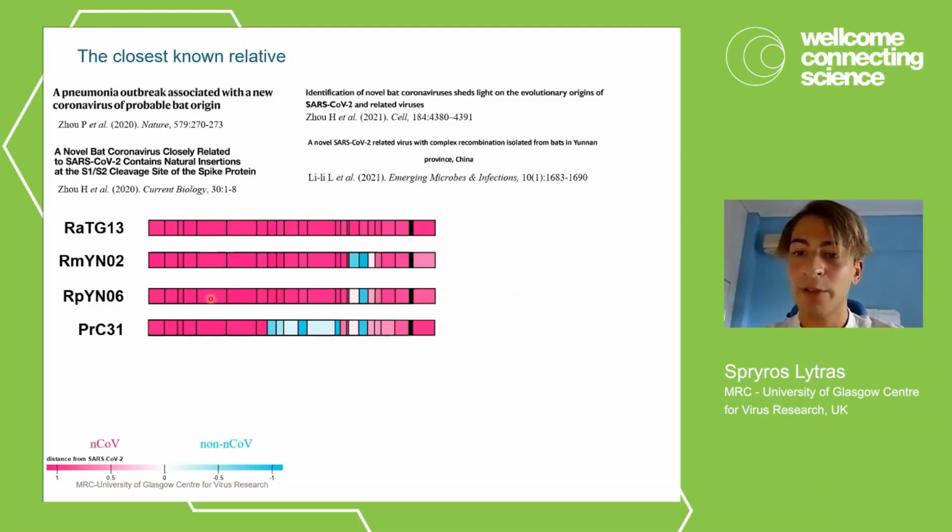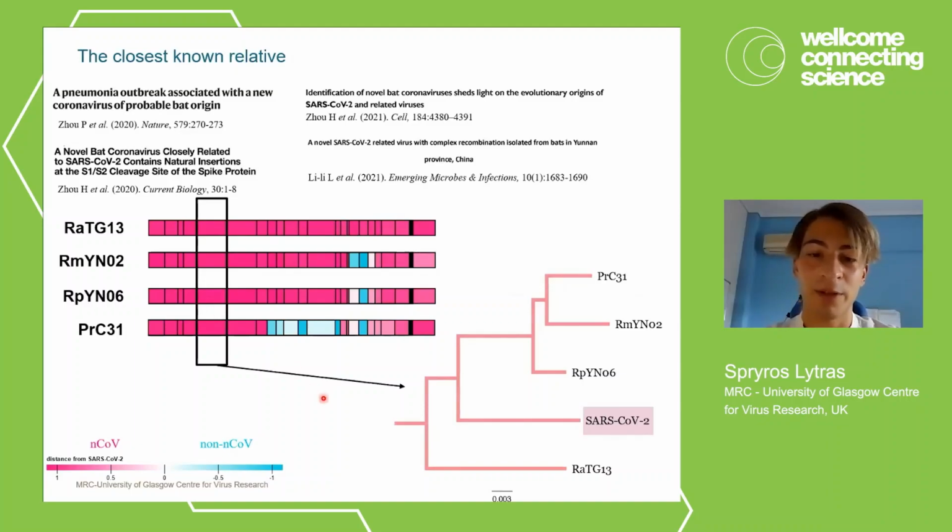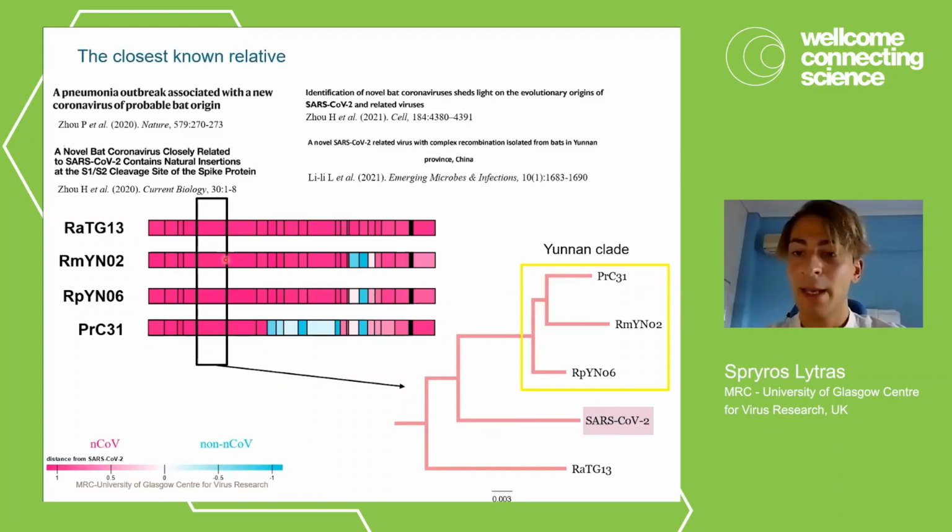Now, if we look at one of the longest non-recombinant regions, for example region 5, and zoom into the phylogeny, you can see that RaTG13 sits here, SARS-CoV-2 here. And then these three viruses form this Yunnan clade that is essentially the closest sister clade to SARS-CoV-2. And I should mention that all these four viruses have been sampled in Yunnan, China,